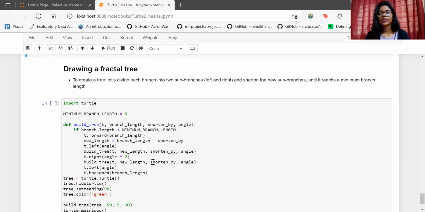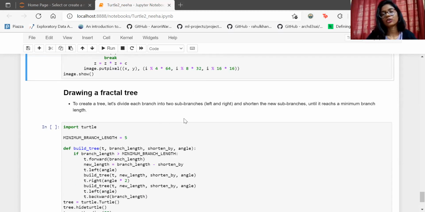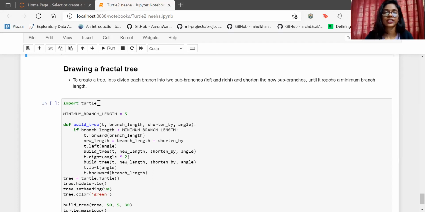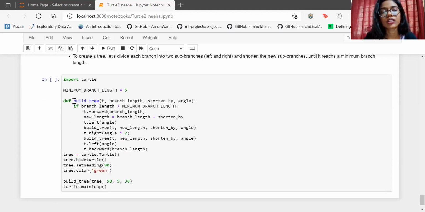Now let's see how to create a tree, which can be called a fractal tree. Let's divide each branch into two sub-branches, left and right, and shorten the new sub-branches until it reaches a minimum branch length. I'm first importing turtle, defining the minimum branch length as 5, and building a function called build_tree, passing the parameters.